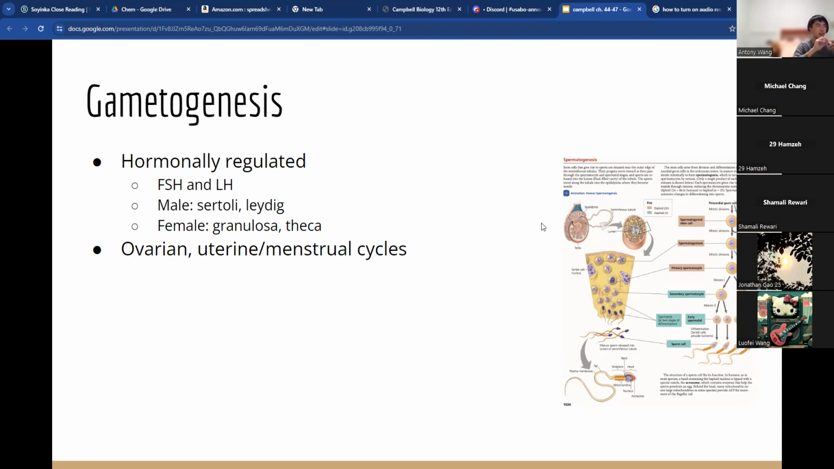Leydig cells, on the other hand, are stimulated by luteinizing hormone, and these produce testosterone, so androgens. So once again, Sertoli cells stimulated by FSH nourish the sperm. Leydig cells stimulated by luteinizing hormone secrete androgens, or male sex hormones. All right. So the female. Oh, by the way, FSH and LH are like the